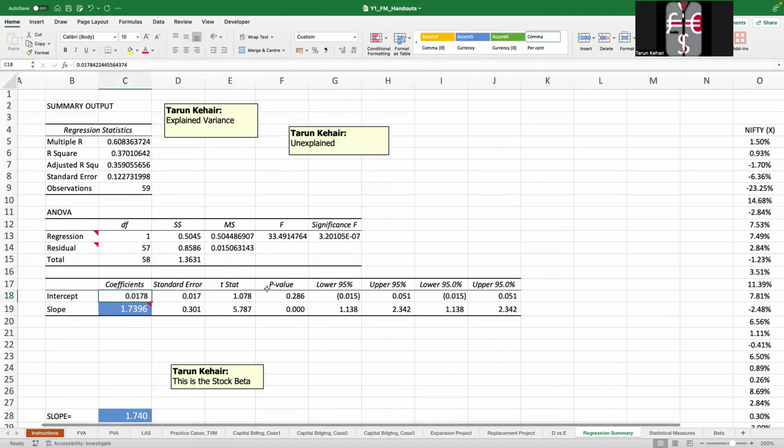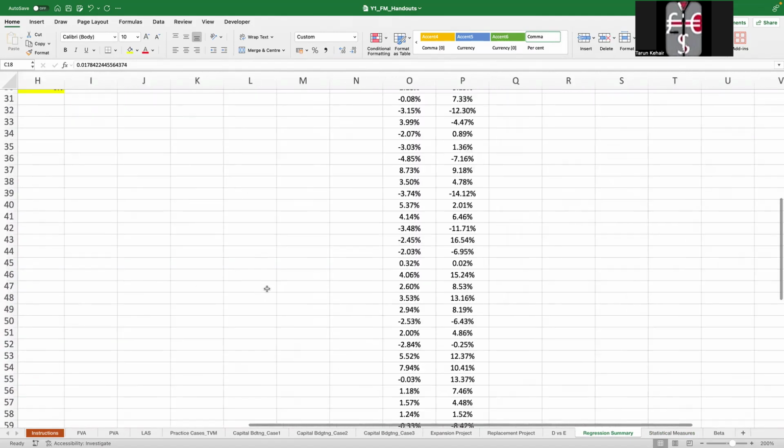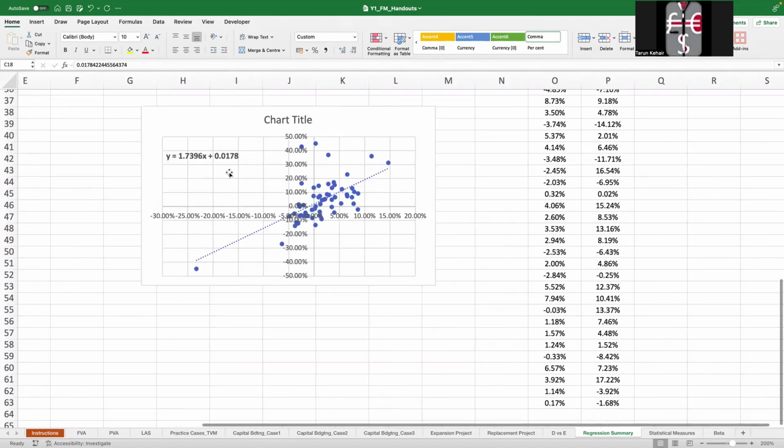What is the intercept? 0.0178. Look at the intercept on the graph. 0.0178. सेम इक्वेशन. अब ये इक्वेशन हमने क्यों एस्टैब्लिश की? This equation we have established to predict कि मेरे स्टॉक के रिटर्न्स क्या होंगे अगर मैंने निफ्टी की ये फोरकास्टेड वैल्यू।